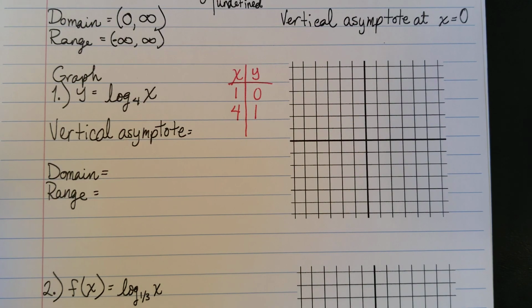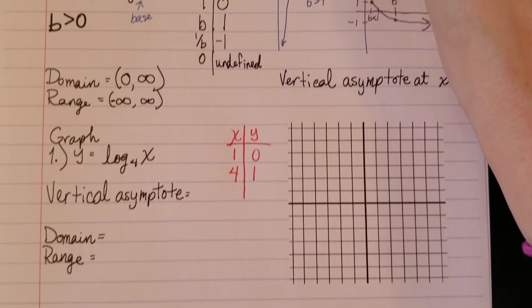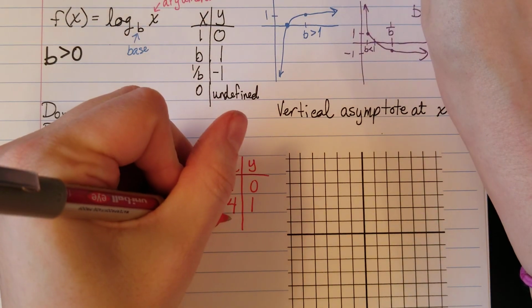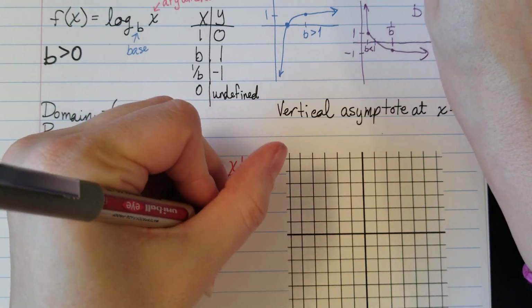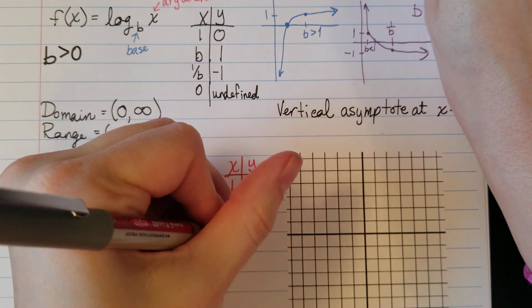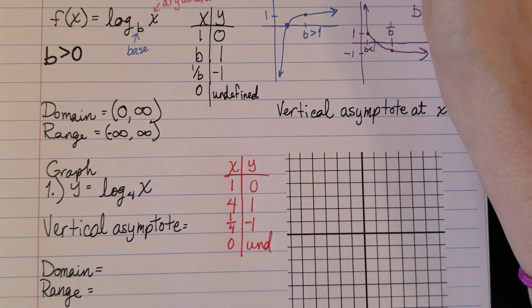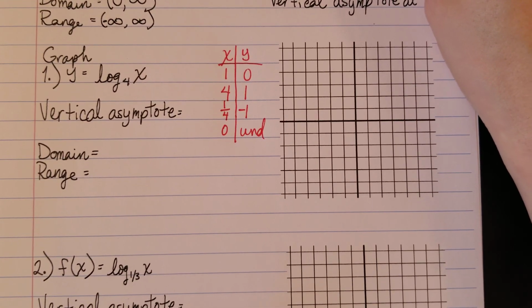And then again with the fraction, I usually don't even like to bother with that, but we probably should because I do see that on my Labs Plus. They make you put that on the table. And then that's our asymptote. Another thing that I think about when I'm making my tables is